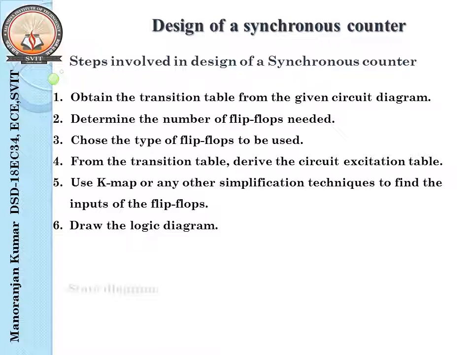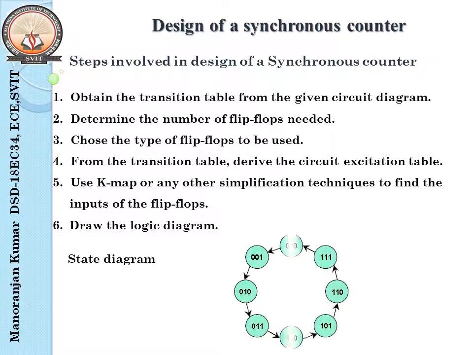One more thing I want to discuss here is the state diagram. The state diagram will show you the states: present state and next state. Here I've taken an example of a 3-bit counter that should count from 0 to 7. When we are counting up from 0, it goes 0, 1, 2, 3, 4, 5, 6 and 7. After 7, once again it should come to 0, and this counting operation continues.